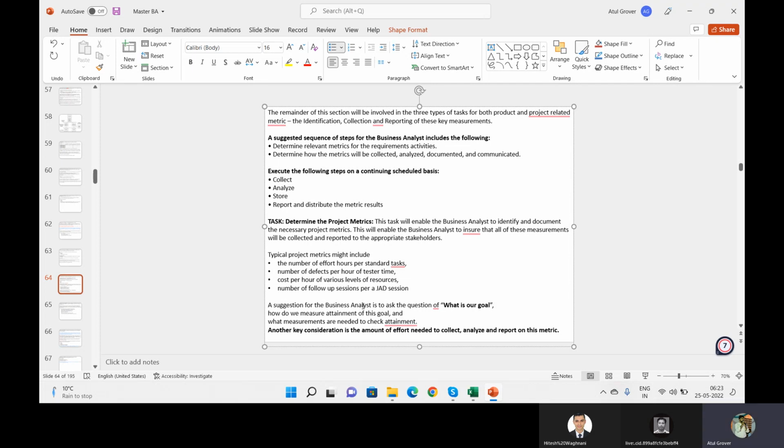It says a suggestion for the BA to ask the question, what is our goal and how do we measure the attainment of this goal and what measures need to be checked for the attainment. सेम एक ही बात को गोल गोल घुमाया हुआ है कि बॉस हमें करना क्या है ये बताओ, उसको मेजर कैसे करना है, उस मेजरमेंट को चेक कैसे करना है। भाई मेरा ट्रिप यहां से दिल्ली का ट्रिप कैसा रहा, मेरा गोल क्या है, मुझे यहां से दिल्ली जाना है। अब मेरा वो जो गोल है वो मैं कैसे मेजर करूंगा और उसको मेजर करने के लिए मुझे क्या चेक चाहिए। गोल है मुझे यहां से दिल्ली जाना, ठीक है।